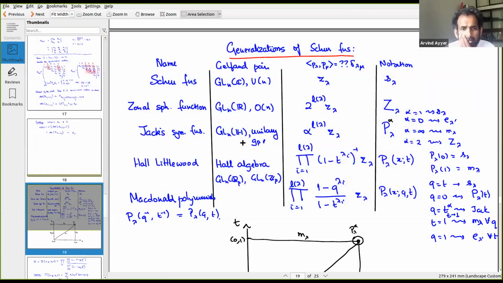This is Amrit's lectures. So this is the P lambda that he mentioned. We see minus 1 raised to t lambda. No, that will come, I have not yet reached there. I'm being slower than I planned. But these two I mentioned today: P lambda at 0 is S lambda, P lambda at 1 is m lambda. Will you be doing this next time? Yeah, definitely.